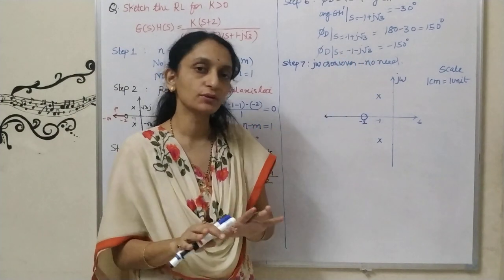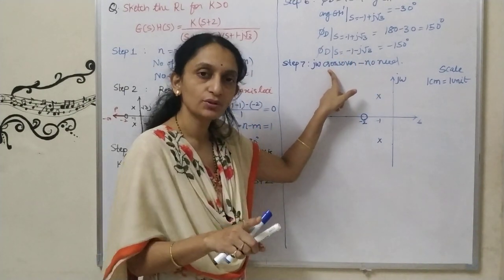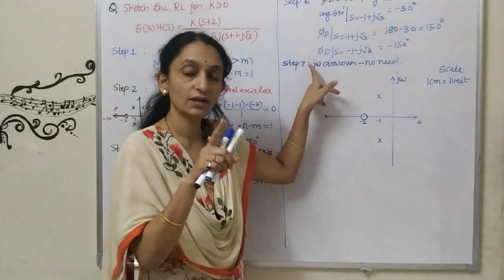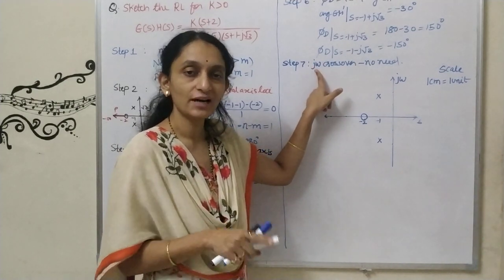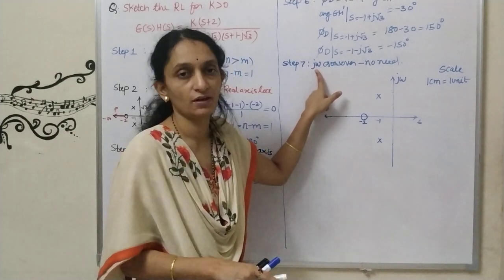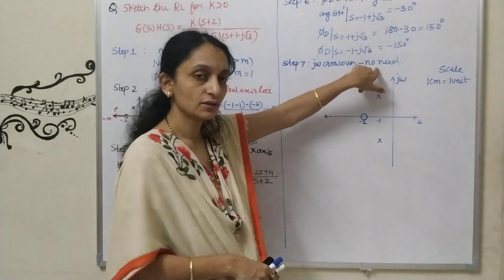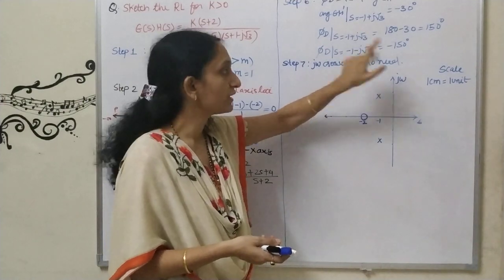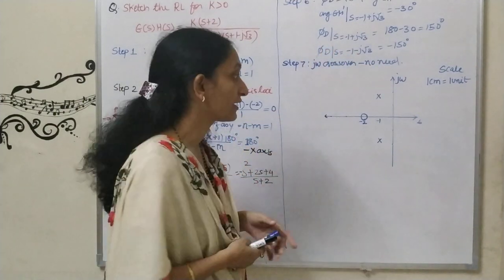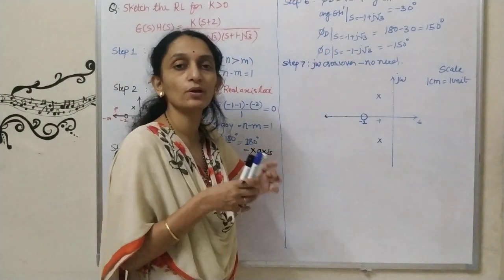If you have any doubt, you can form the characteristic equation and the Routh array, and from that you will get a negative value of k, which is not valid. So after solving that step also you will write no need to calculate, because k cannot be negative; the constant term should always be positive.